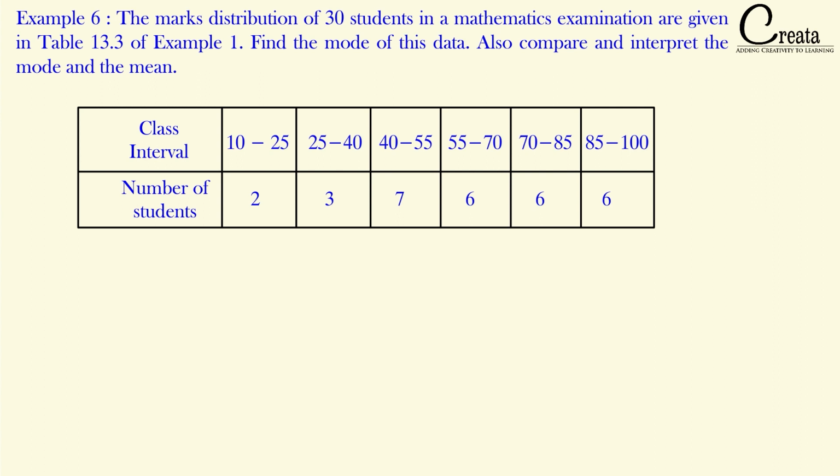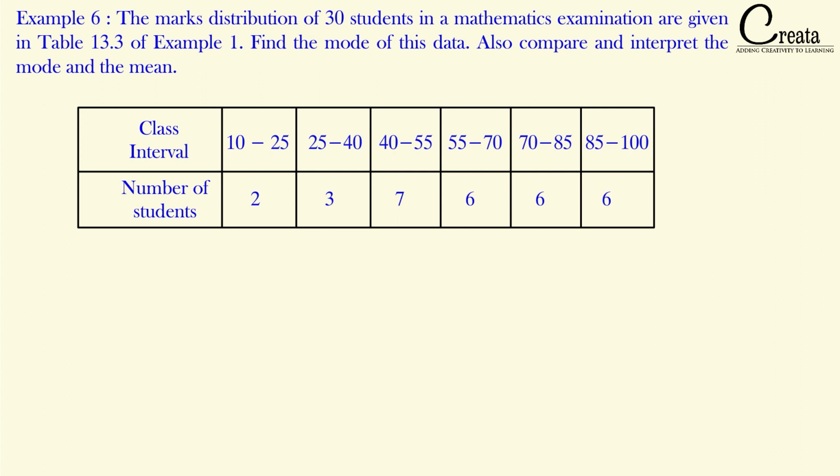And in this question, we have to find the mode of this data. This is the table. Our first step, let's understand this table. Then only we will move to the next step. The data is given regarding 30 students' mathematics exam, the number of students and how many marks they got for